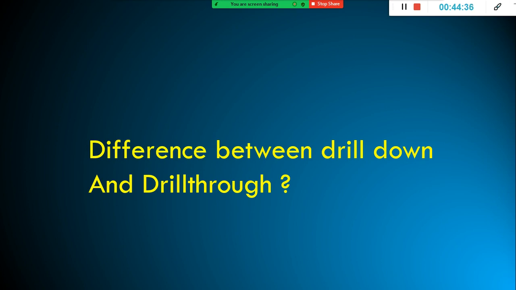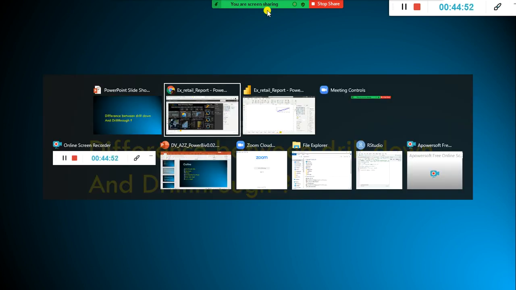If you have 2 levels, you can create a hierarchy within a single visual. That will allow us to visualize the data at the highest level, then we can drill down to the lower levels of the data to get more details. See, for example, here